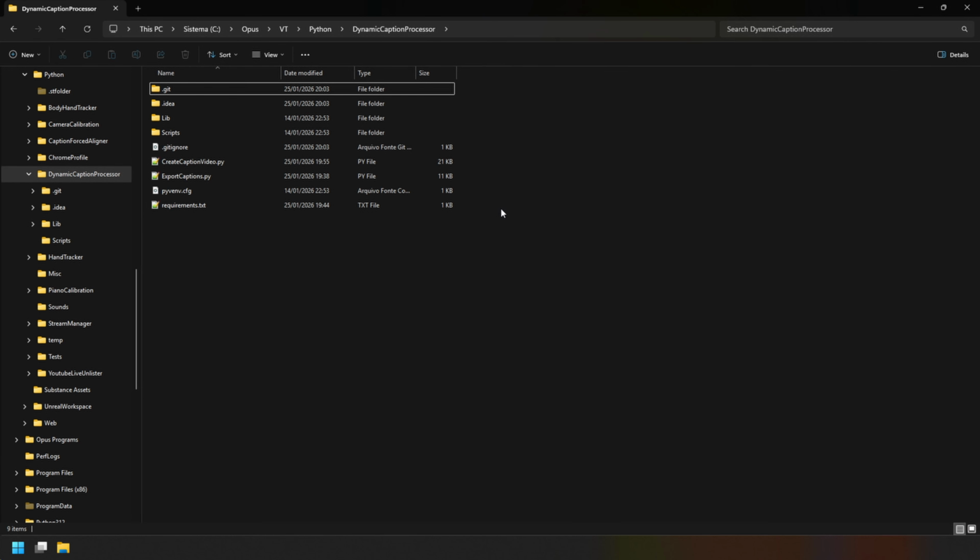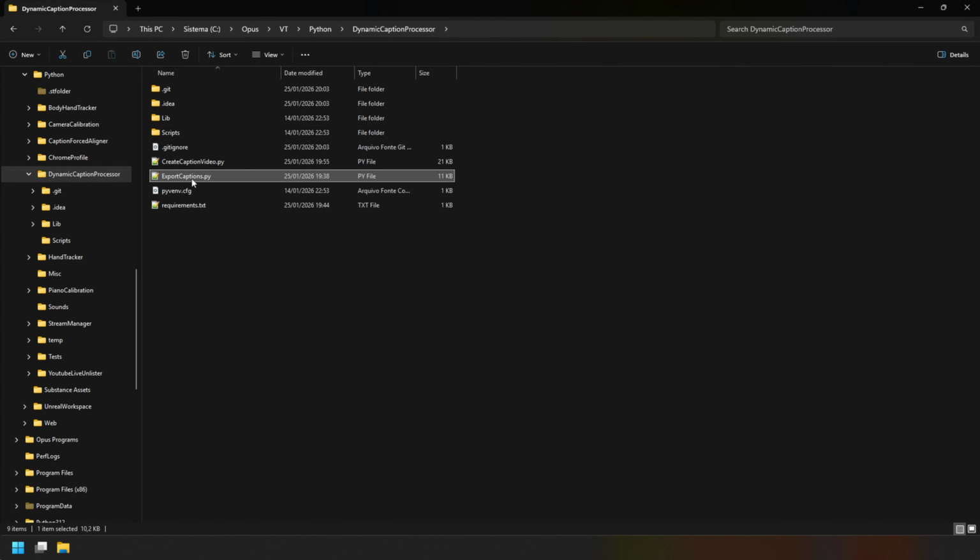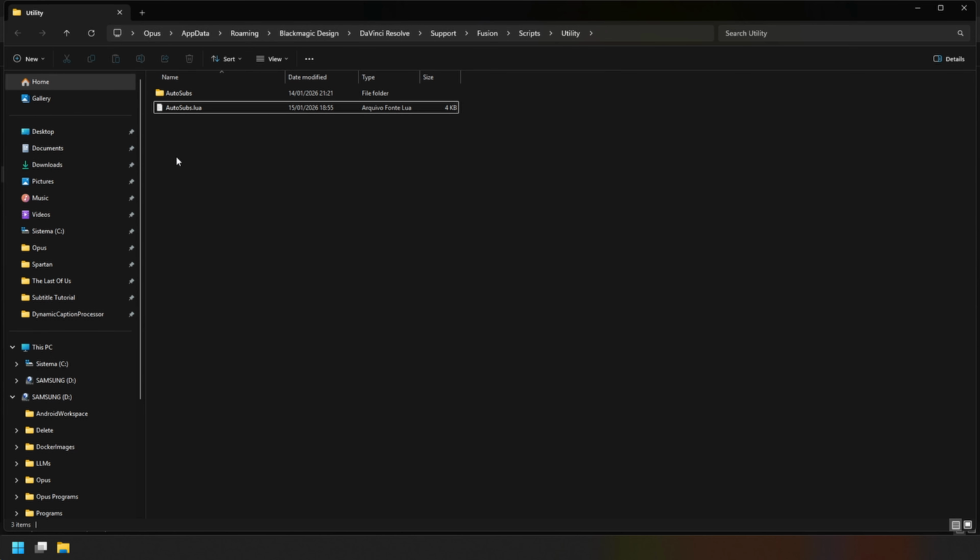And this is a script that is going to generate the captions for you. And then there's another script in here, export captions. You don't want it here actually. You're gonna cut this and then you're going to find the DaVinci Resolve scripts folder. It's usually in this folder here, App Data, Blackmagic Design, DaVinci Support Fusion Scripts Utility. Should be in here. If it's not here, you have to find where DaVinci Resolve installed its configuration files and stuff. You're going to copy this export caption here, or cut it, you can remove it from here, and